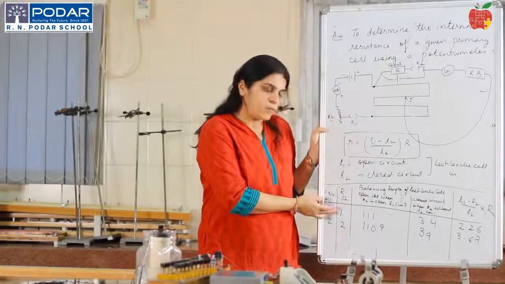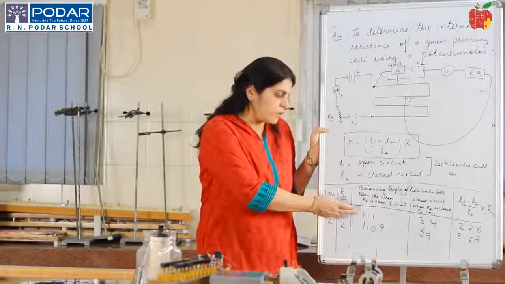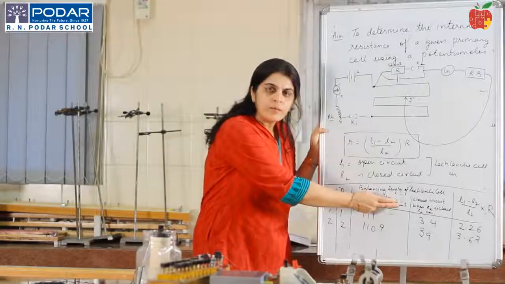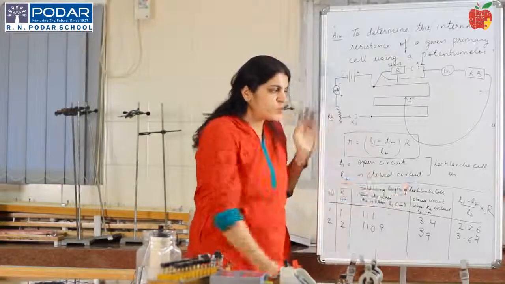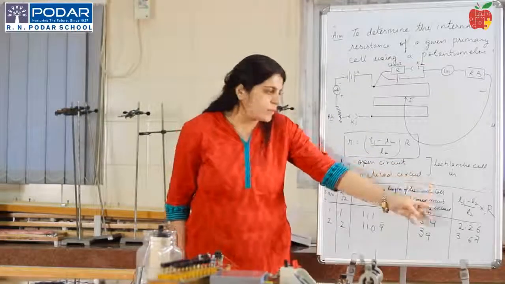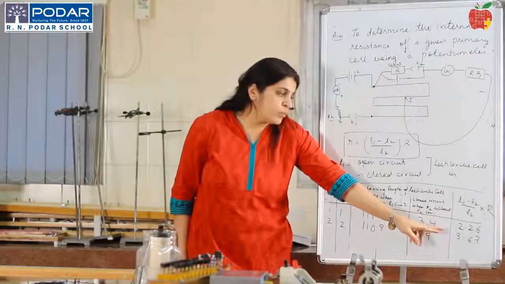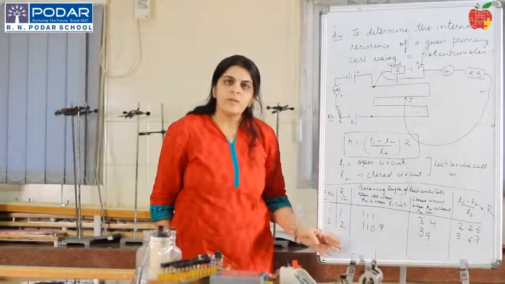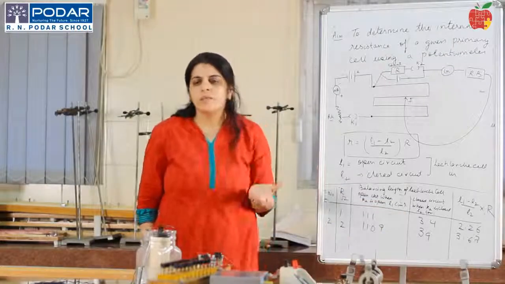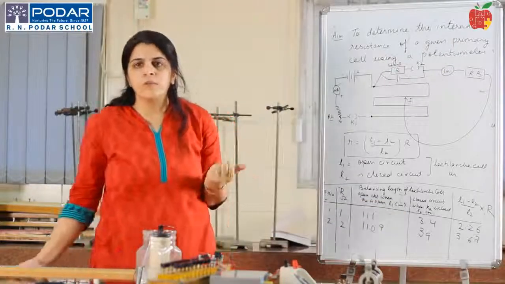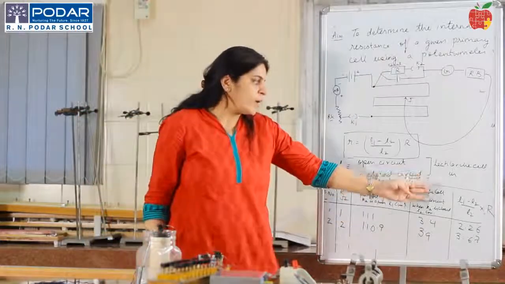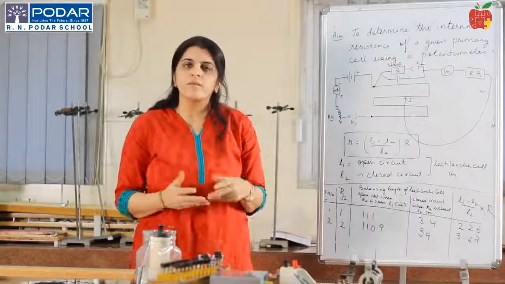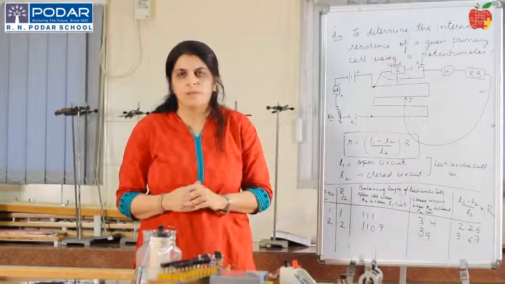Here, students, let's put the values in the observation table. For the first observation, when we have a shunt resistance of 1 ohm, we got the first balancing point at 111 centimeters and the second at 34. When you substitute in the formula (L1 − L2) × R / L2, we get the value 2.26 ohms. Similarly for the shunt of 2 ohms, and you can find it for 3, 4 or 5 ohms of shunt resistance, the value of the internal resistance. And you find that this value of internal resistance varies from 2 to 7 ohms. Thank you.